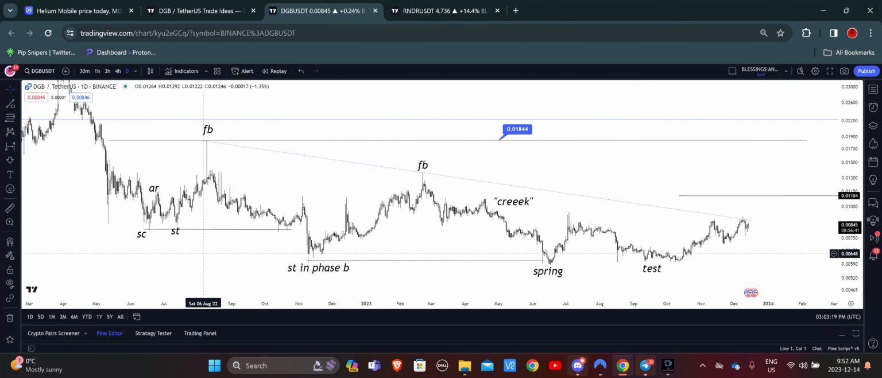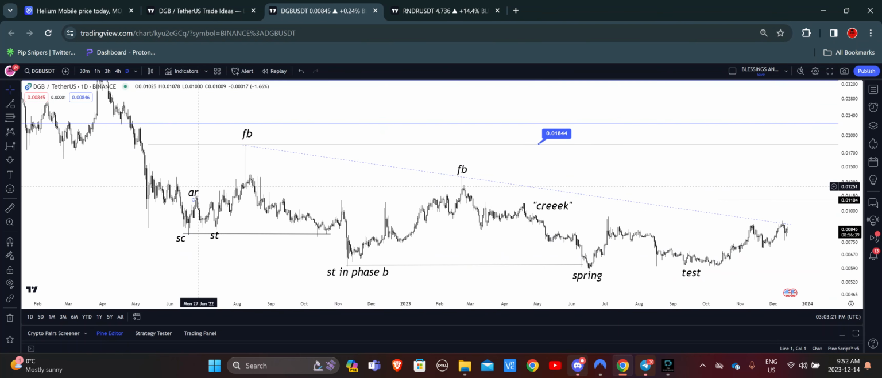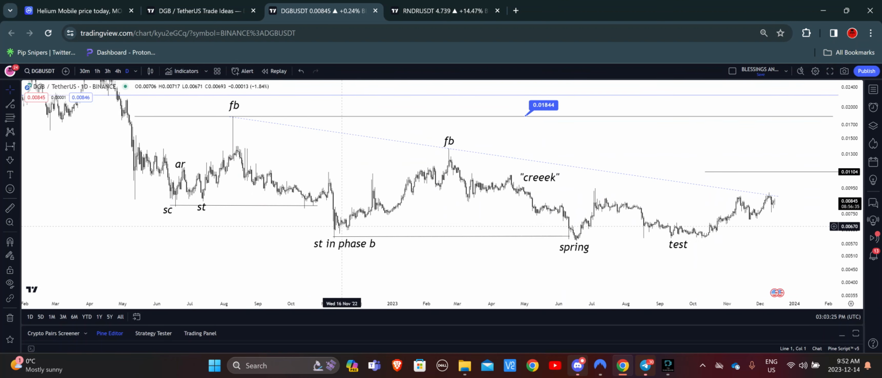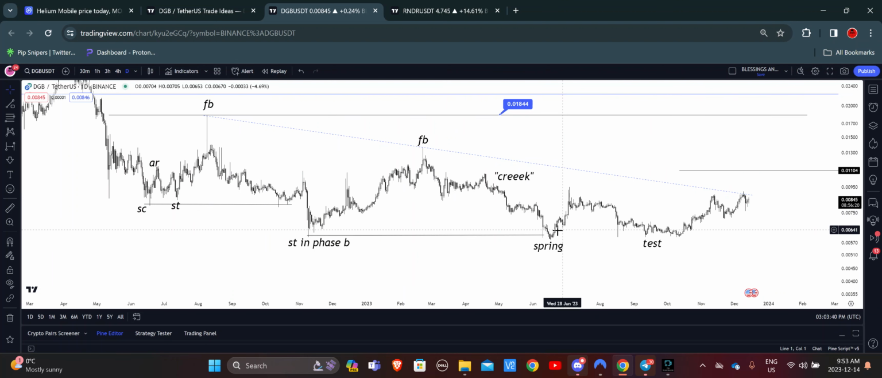So over here you have your selling climax, you have your automatic rally, your second test, your failed breakout, your secondary test in phase B, come back up for another failed breakout, and then what you have over here is a creaking like motion to chop out all of the retail traders. And then once we get to this spring over here, that's when all the retail capitulate and the composite operator